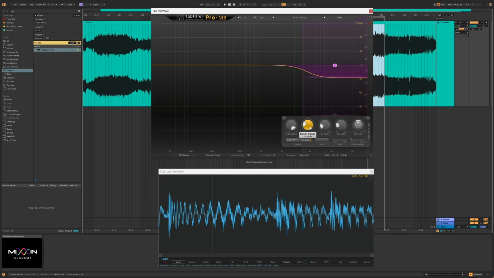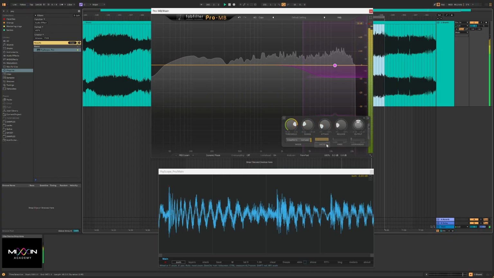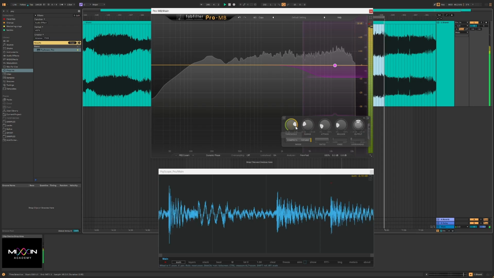So we're going to basically expand on the dynamic range of these high frequencies by attenuating the volume of everything that's quieter than the threshold. So let's try that. So now everything's quieter, yeah. So as soon as something touches it, see, only those punches actually pass through. Everything else is attenuated. Now, this is an extreme version of what we could do. We could lower the ratio and have this be a really subtle effect. But just to show you what can be done,